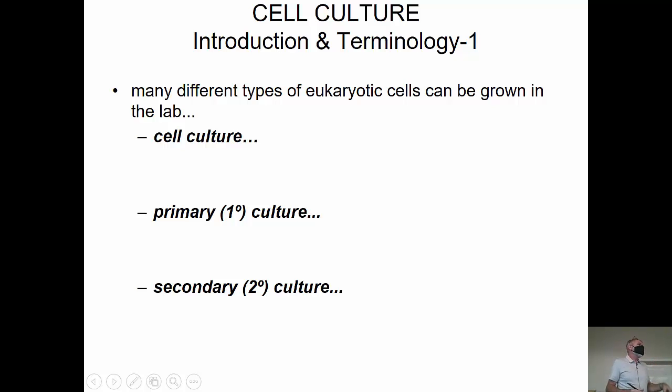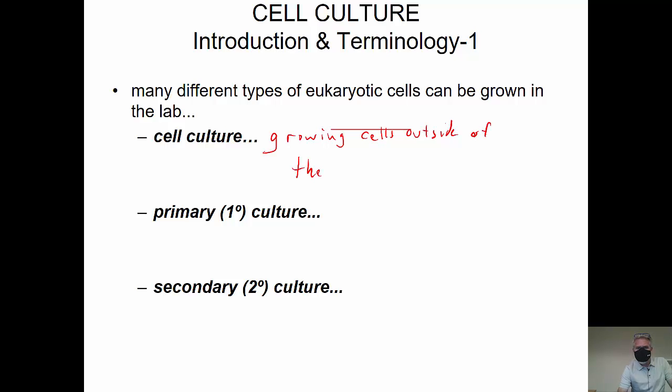So for cell culture, really what we're talking about here is we're growing cells outside of the organism. So we can take a sample of human tissue and we can grow it in a cell culture outside of the human. Primary culture